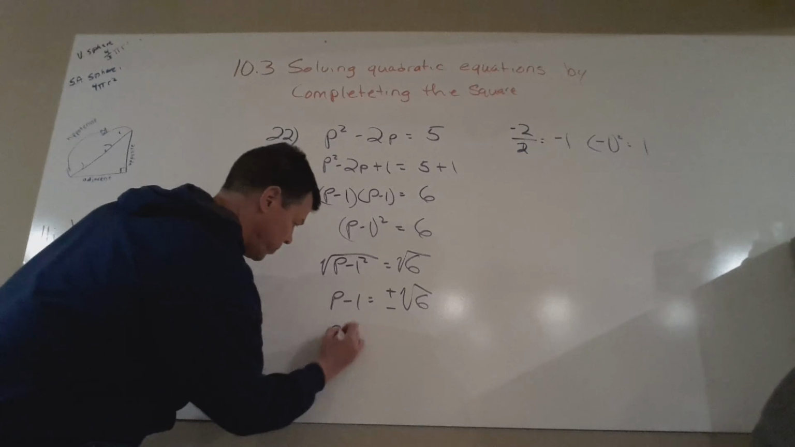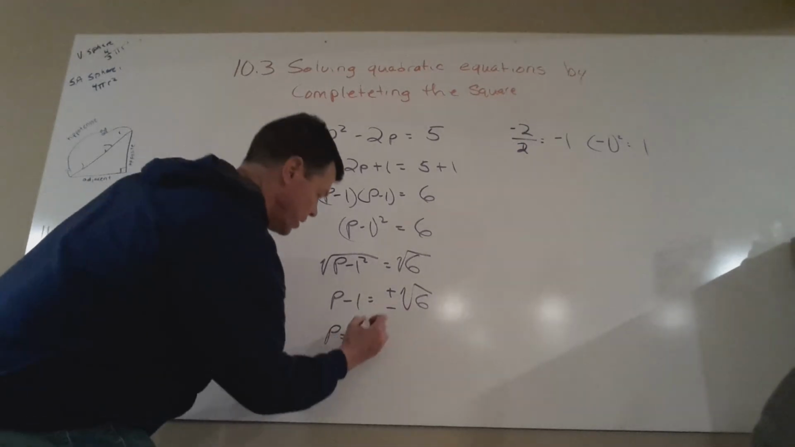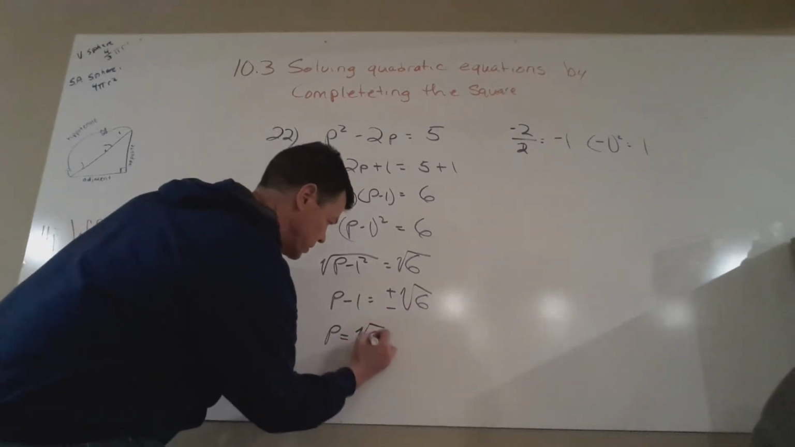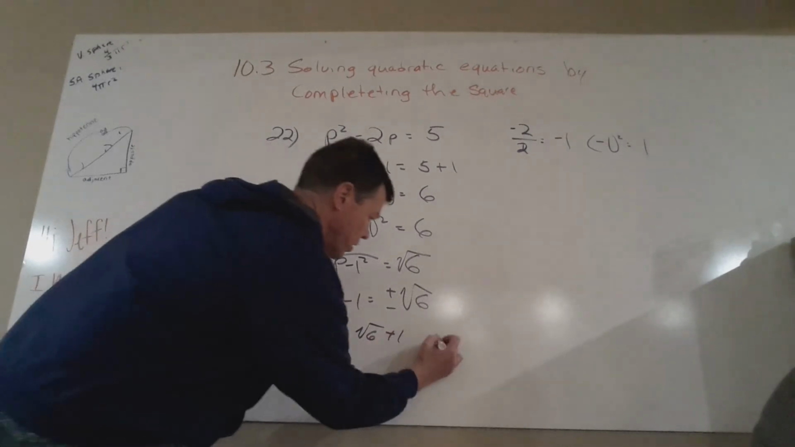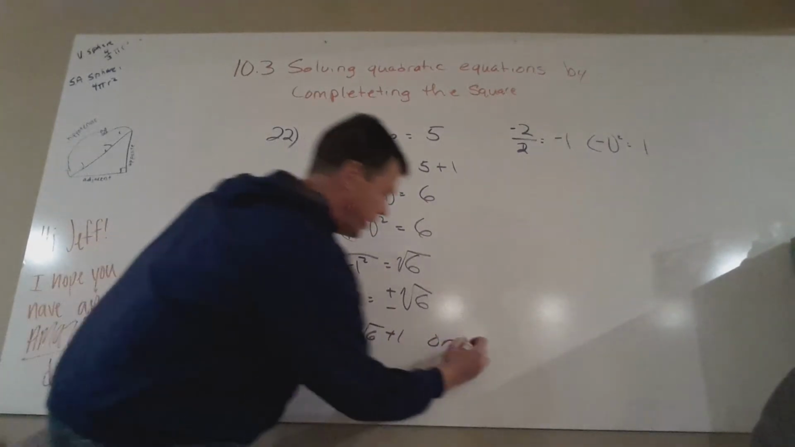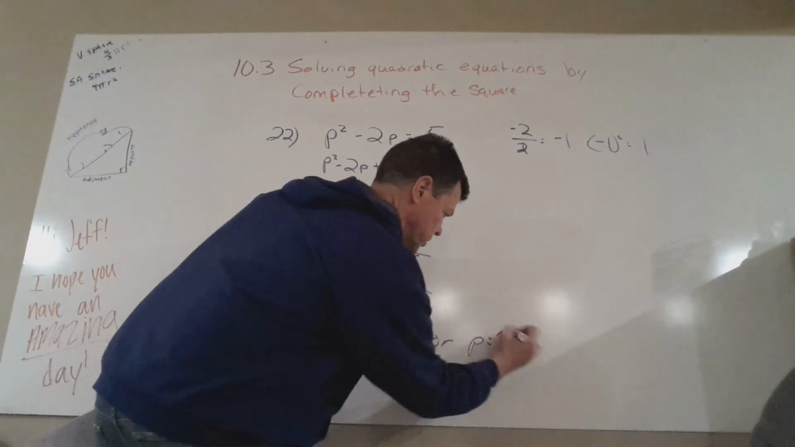So you're going to have p equals square root 6 plus 1, or p equals square root 6